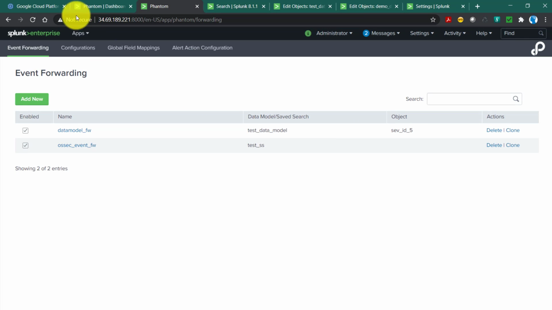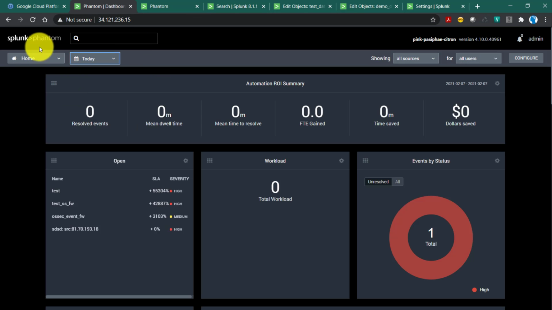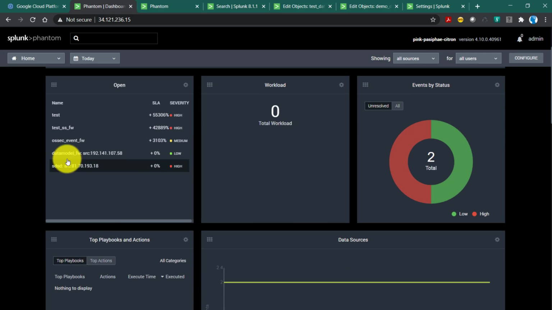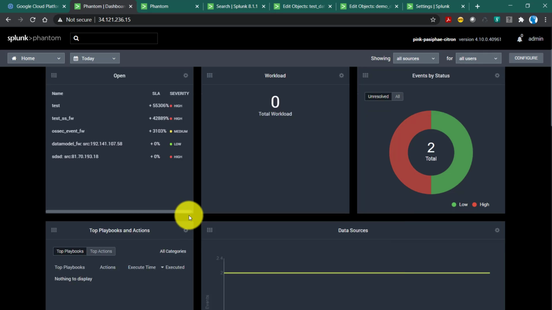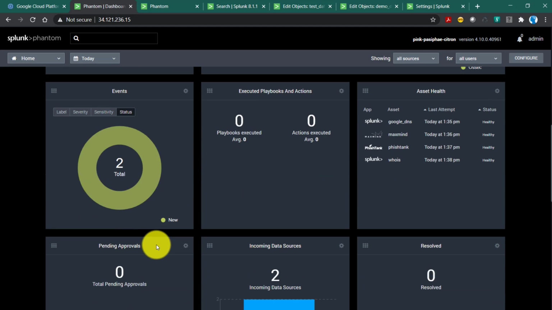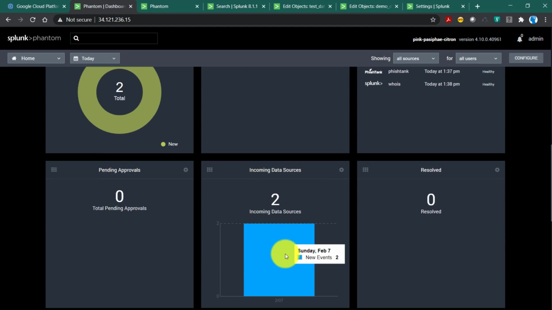So let's check in Phantom first. I'll just refresh this window now. Now if you see, for our data model forward, we received one event over here, a low event, right? I was testing before with some other stuff, so that's why this high event is coming up over here as well. And just like before, we can see those events based on label, severity, sensitivity and status as well, right? You can even see the data sources as well,